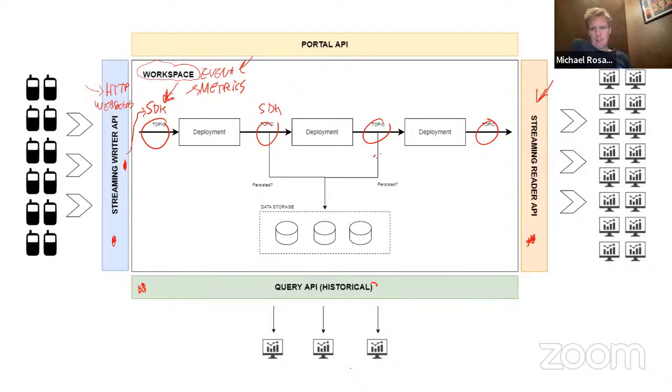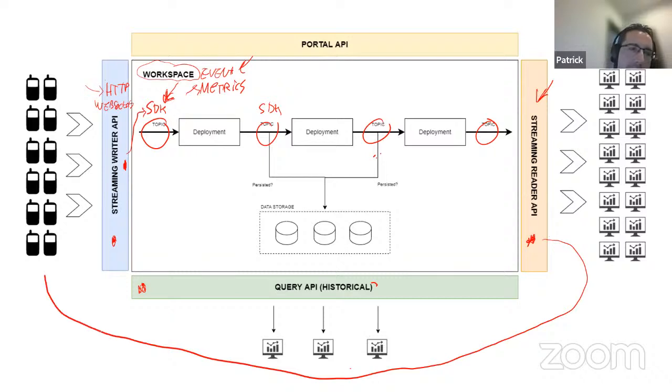But I think the real value for this is automation, right? So you can drive another system using some real-time automation inside Quix. Yes, I have another slide for that. In this sense, I want you to draw me a special arrow. From the streaming reader, can you draw an arrow all the way back round to those mobile phones for me? Yeah, of course you can. Because I think for me, this is what I see as the big opportunity.